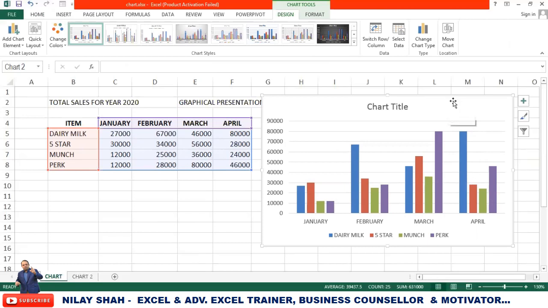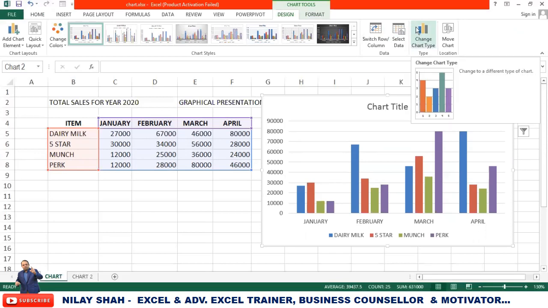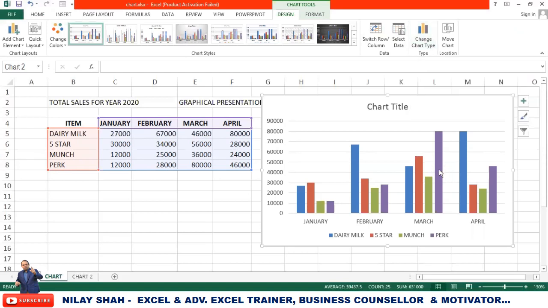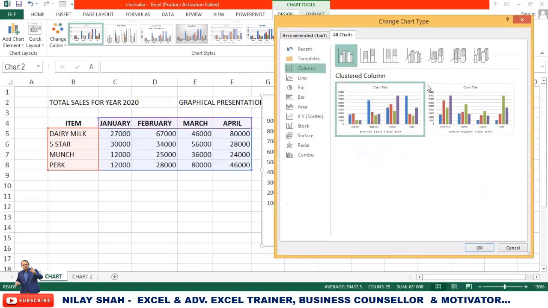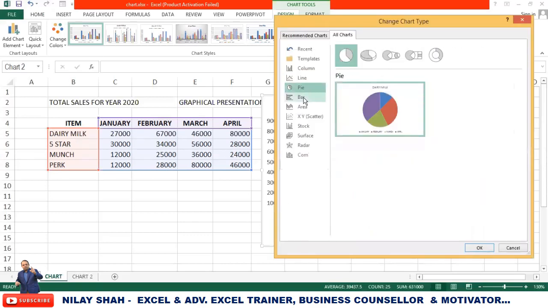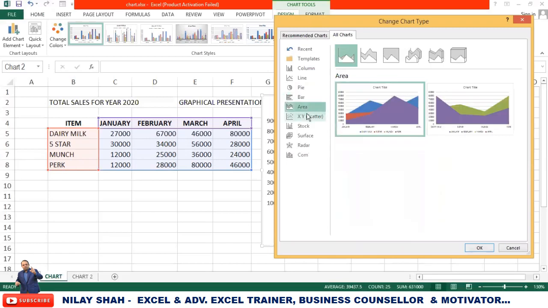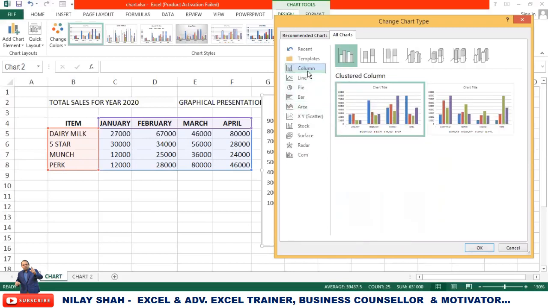Now, when you click on a column chart, you can see there are two toolbars. One is Design and the second one is Format. When we click on Design, you can see things from the right side. The first option is Chart Type. Now, what is chart type? It is very simple. If I don't like this type of chart, then what to do? Just click on Change Chart Type. Select whatever chart style you like, and choose that one.